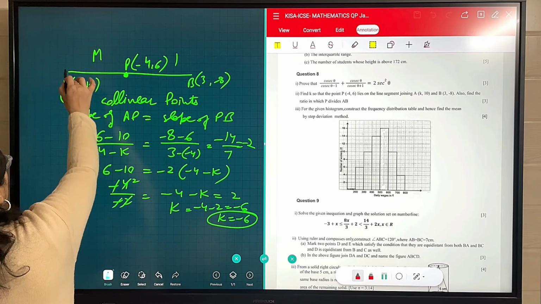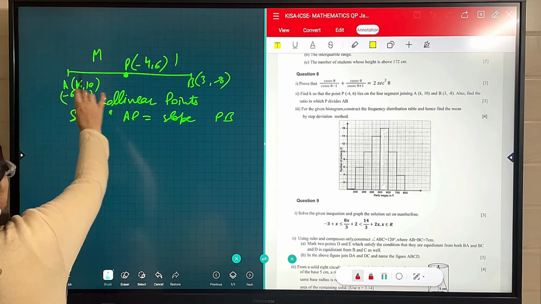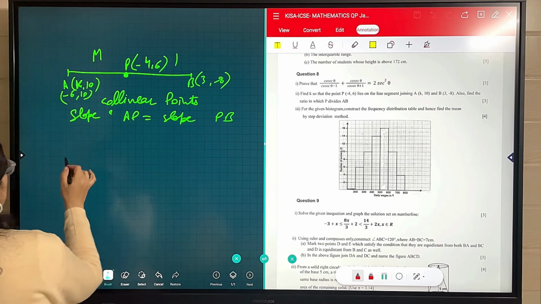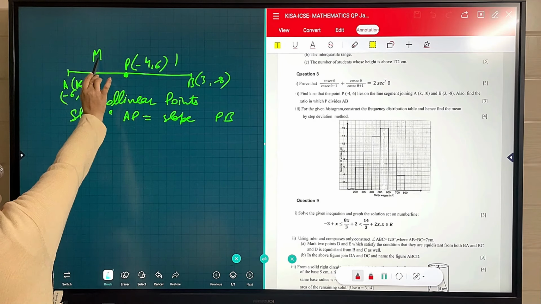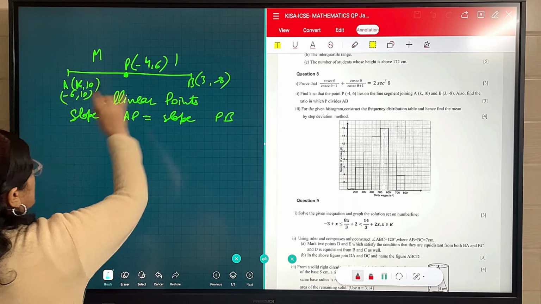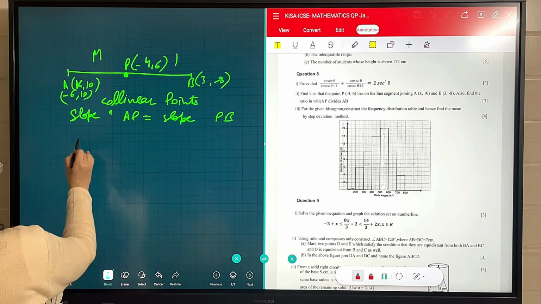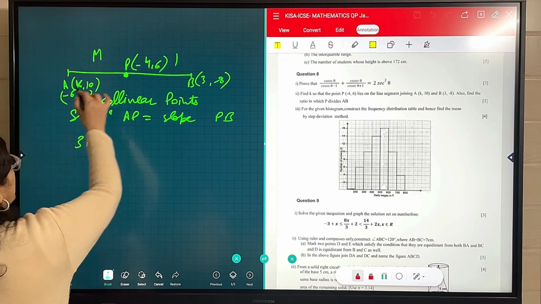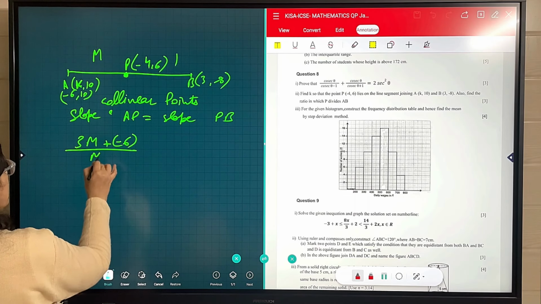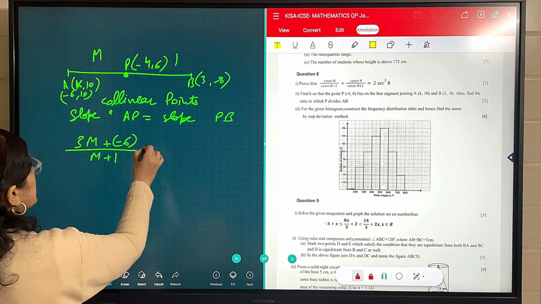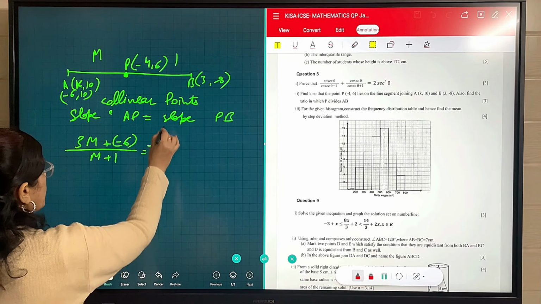Now we have to find the ratio of this. For finding the ratio, I am taking it as m is to 1. So for m, it means coordinates we will take when I am taking this slope, then point will be from this side. So for x point, this is 3m, for 1, this is 1 times k, k means minus 6, upon this is m plus 1. And this point x coordinate means abscissa is equal to minus 4.